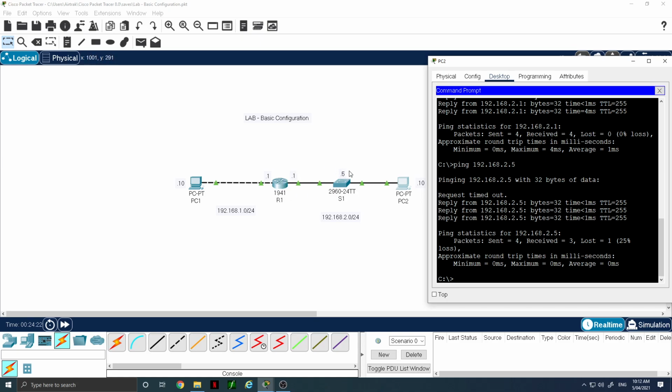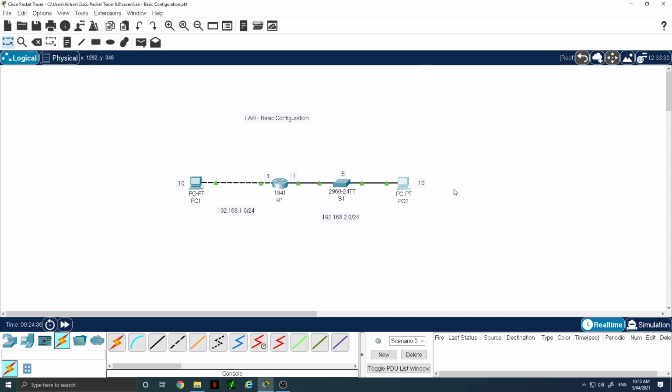So the next lab we'll talk about inter-VLAN routing and do trunking, which is me getting ahead of myself. That's where VLAN 99 comes in. So that's the basic configuration lab with a couple of preview items and a bit of troubleshooting thrown in, just to give you a refresher on all the basic skills that you should have at the beginning of